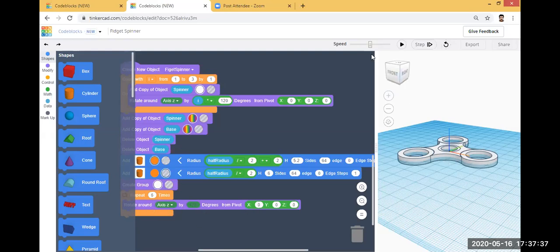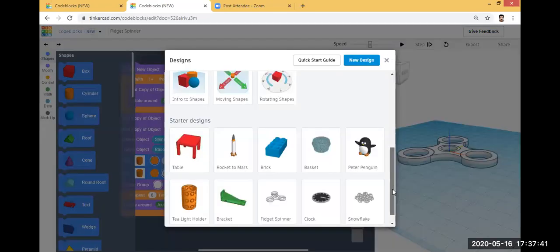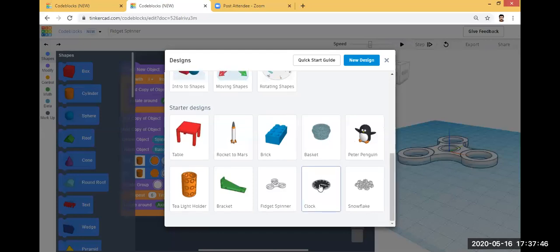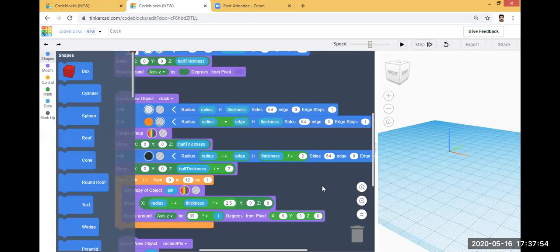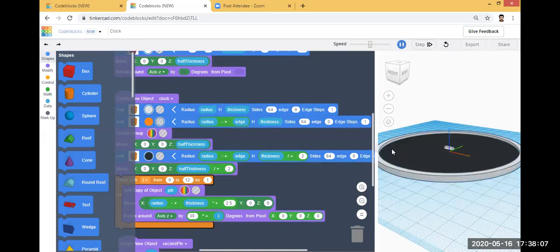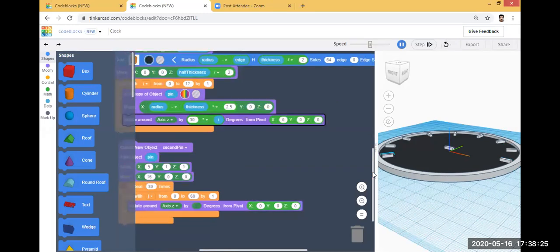Then the next example is the clock. I will click the play button. You can see the 3D design of the clock.